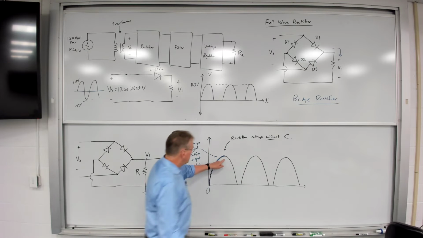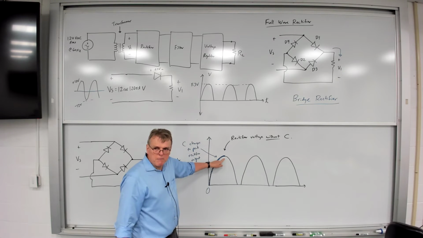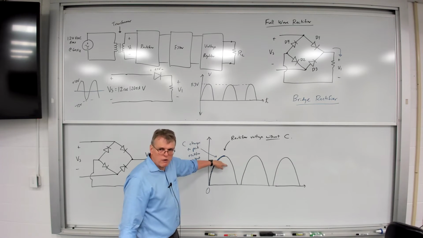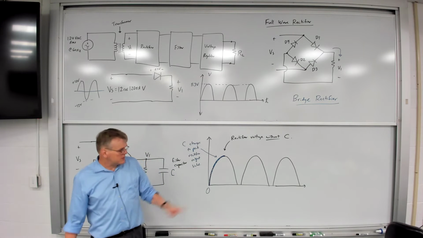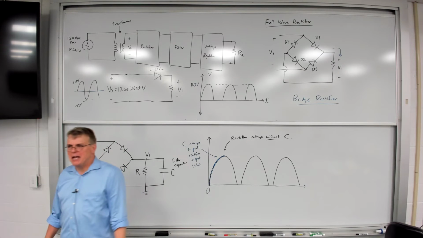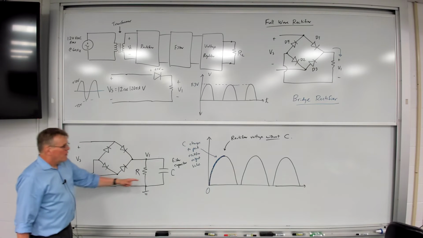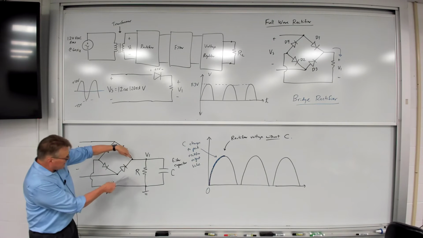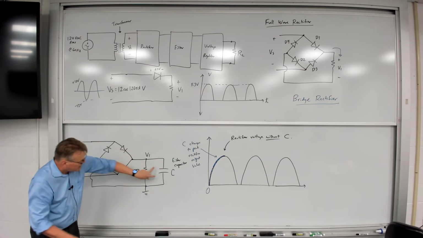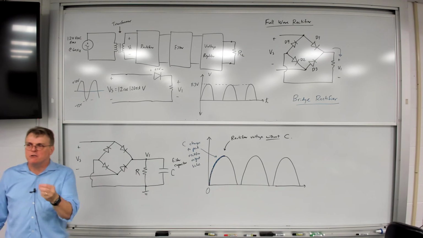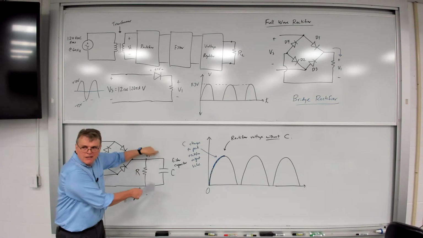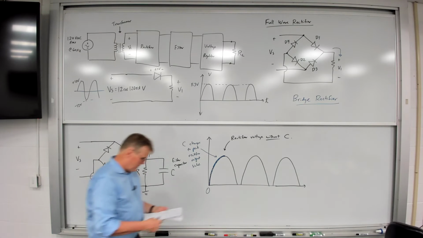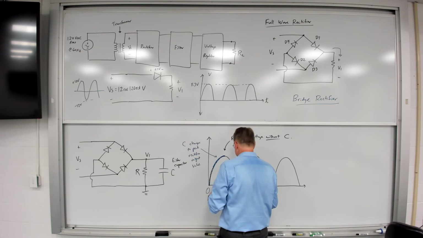And then the input voltage to the rectifier starts to drop. And so the rectifier voltage would normally begin to drop, except in this case, with the capacitor, that doesn't happen. Once this voltage begins to drop, the energy in the capacitor now sustains the voltage at this node. And so in this case, what we get is